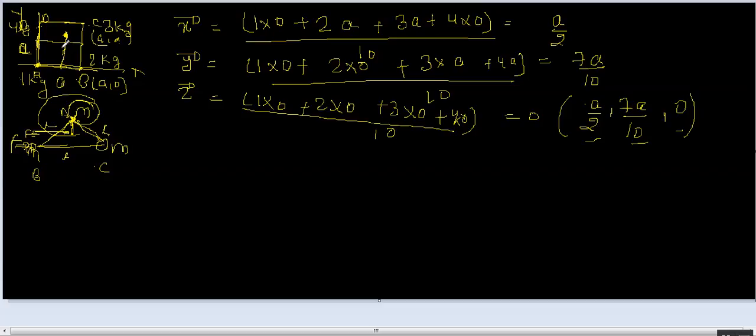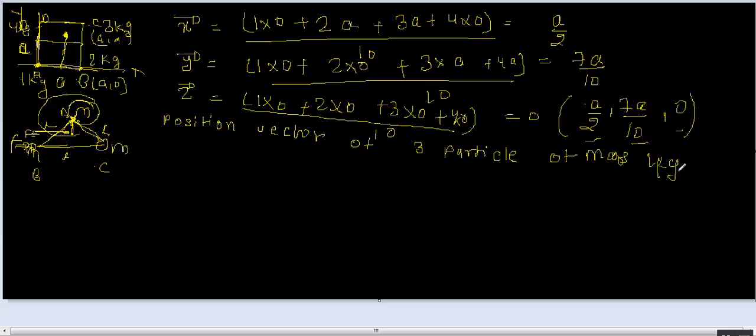The question is like this: the position vectors of three particles of masses 1 kg, 2 kg and 3 kg